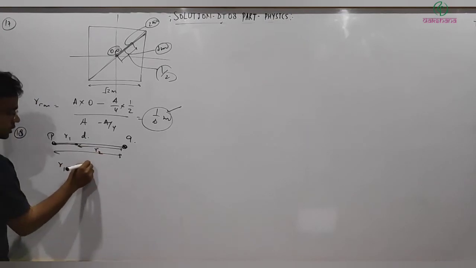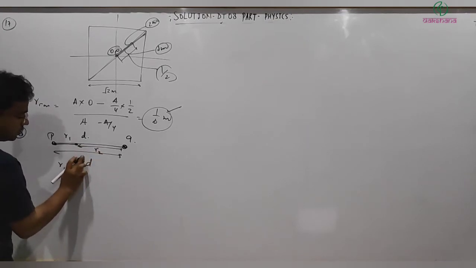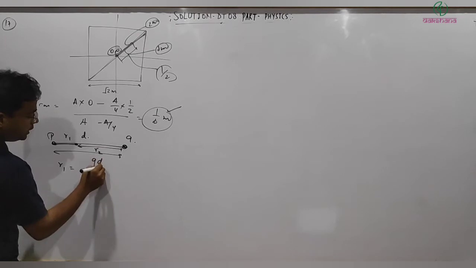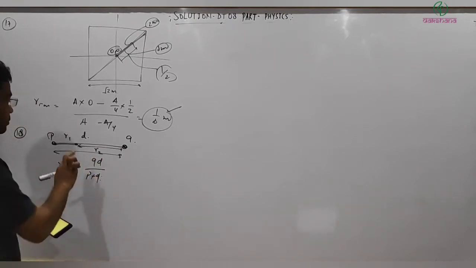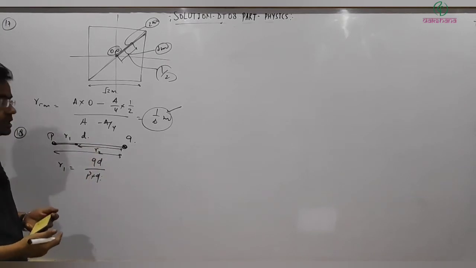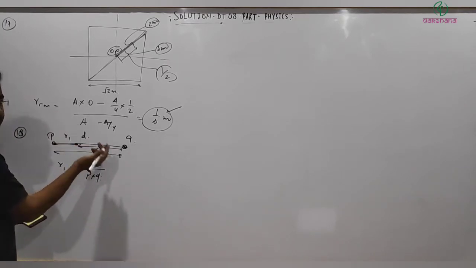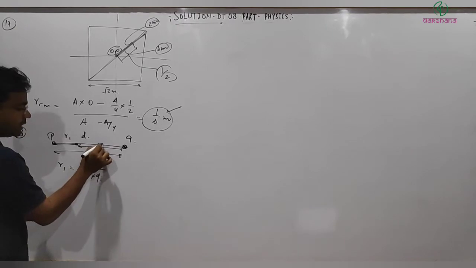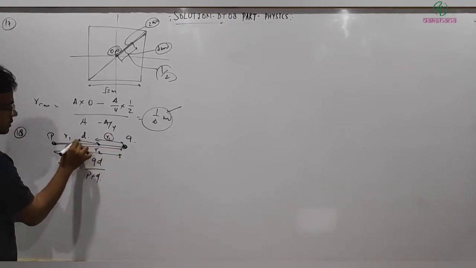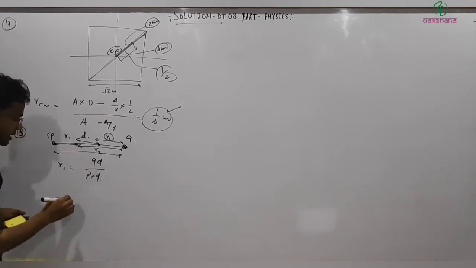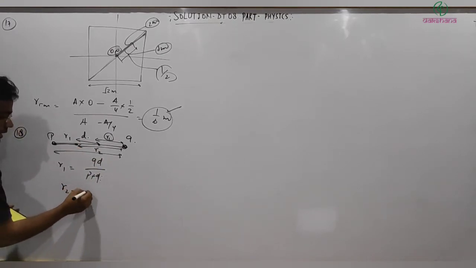R1 can be written as QD divided by P plus Q. And now it's saying if the position of these two particles is changed, then what will happen? R1 will become R2, so the center of mass will shift here, where this distance will be R1. Then this is the shift in the position that can be written as R2 minus R1, and R2